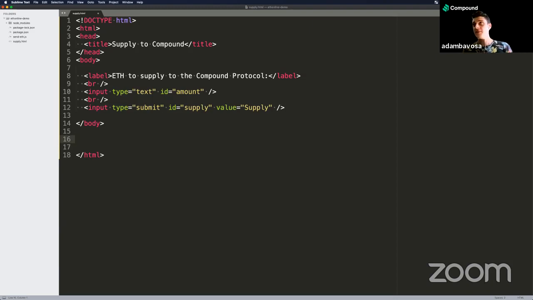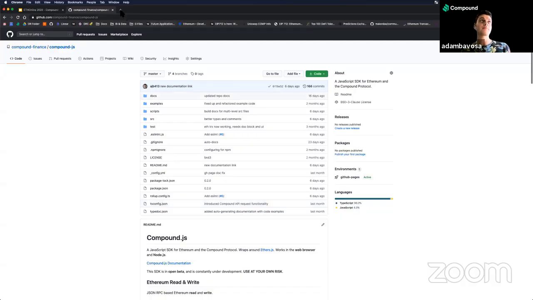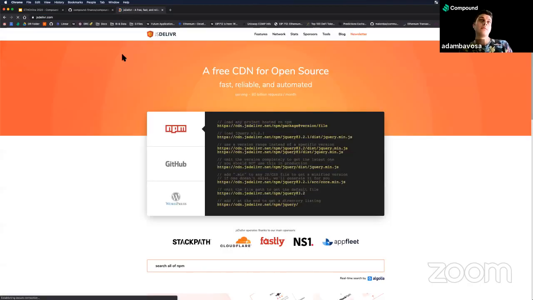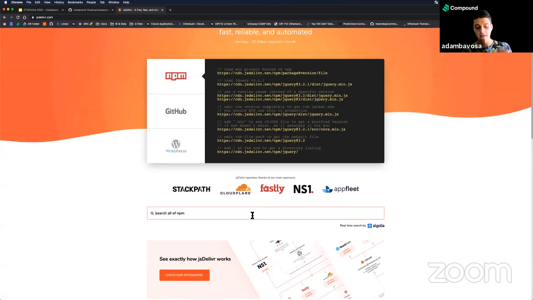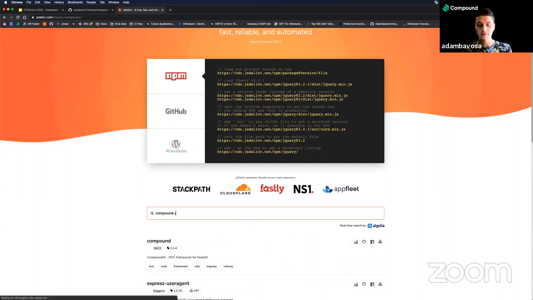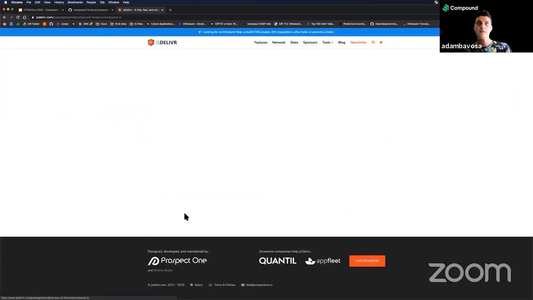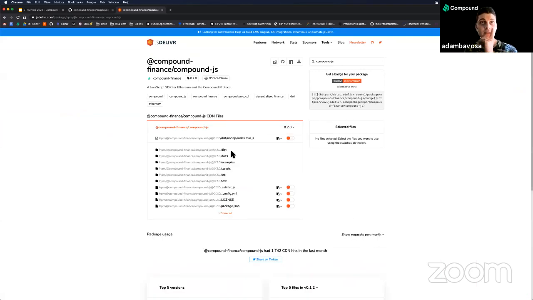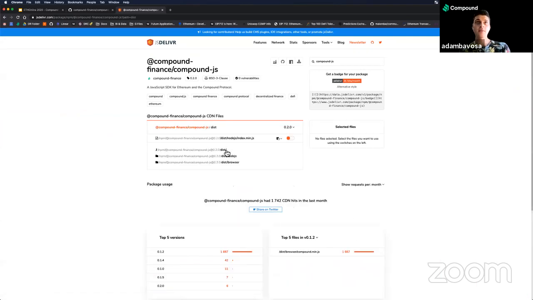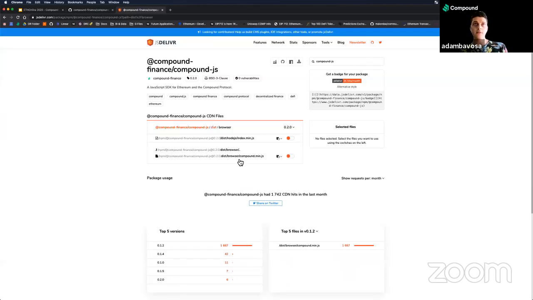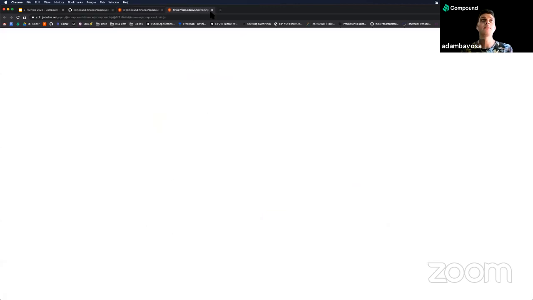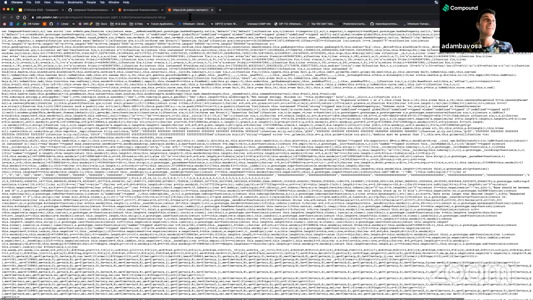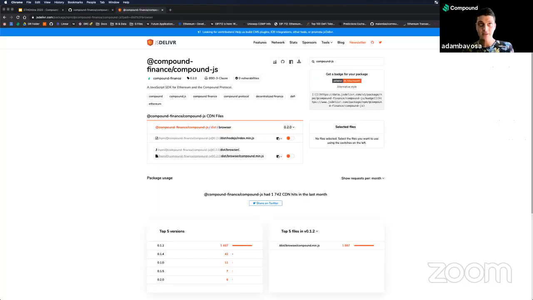So when I'm using the web browser, it's neat to be able to use a CDN to import the SDK. So I can do that using JS Deliver. So I head over to JS Deliver. I'm going to search for the NPM package. So I'll do compound.js. There it is, first result. And I'm going to go into the dist folder, and I'm going to go into the browser folder. And we got a minified version of compound.js here. So I'm going to grab the URL,